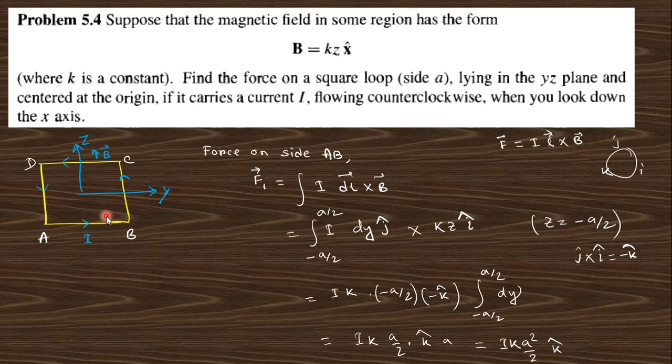So if you already watched that you can understand, otherwise you can see here, the force on this AB side. You can see force equals to q v cross B. Just rearranging them you will get I L cross B. So for that one, I L cross B, and dl is nothing but dy j cap, and the magnetic field is B i cap. Taking the product, you can see from here this value of z is minus a by 2, and you will integrate that one. Next,